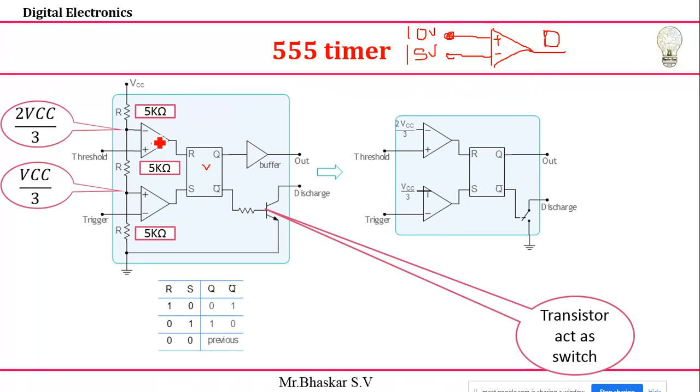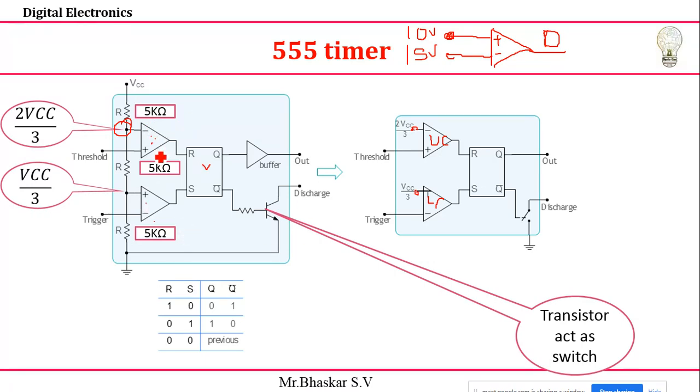In this way, here we have two op-amps now. One is called the upper comparator, and the other is called the lower comparator. These two we are going to use as comparators. I already told that we are going to maintain some voltages here. So here we are going to maintain 2/3 of VCC by using the voltage divider rule, and here I'm going to maintain VCC by 3. So this is the working of op-amps. These are the components I'm going to use.